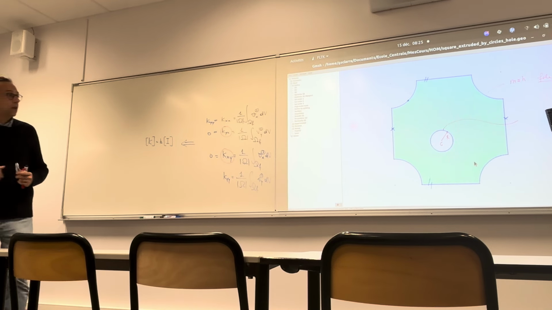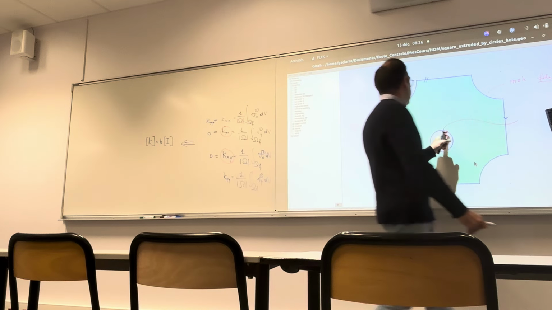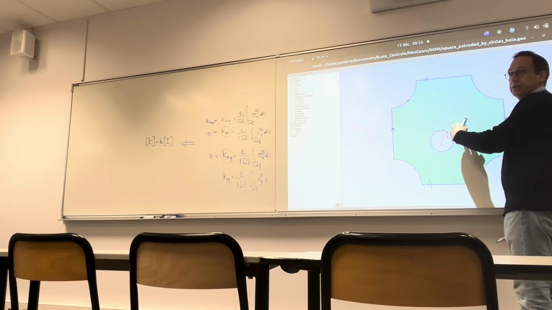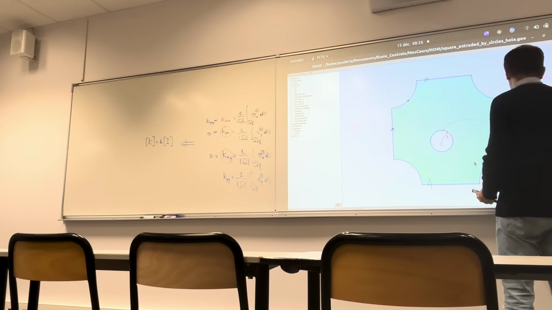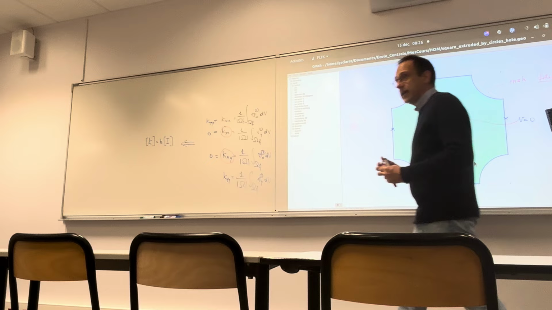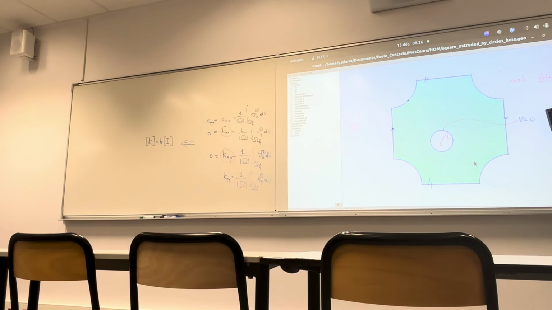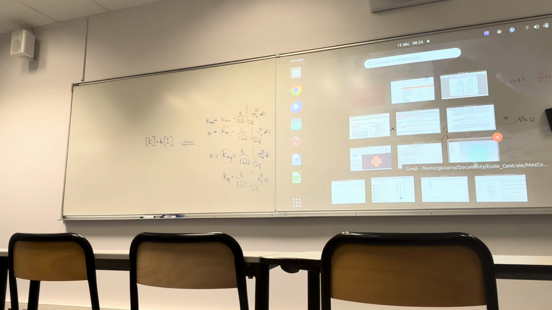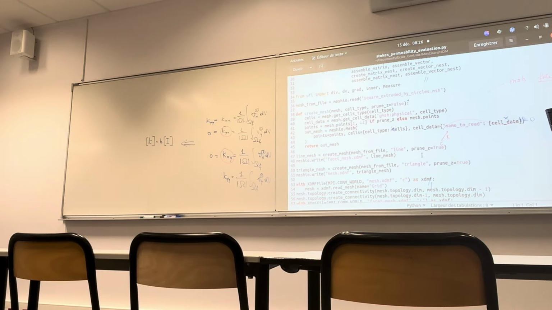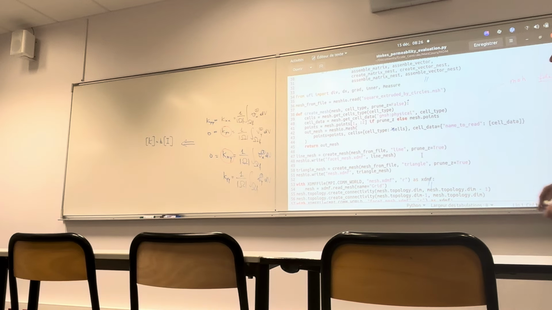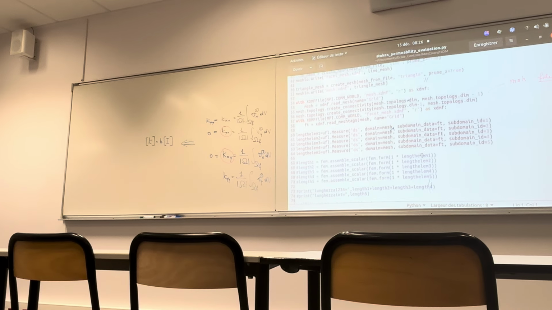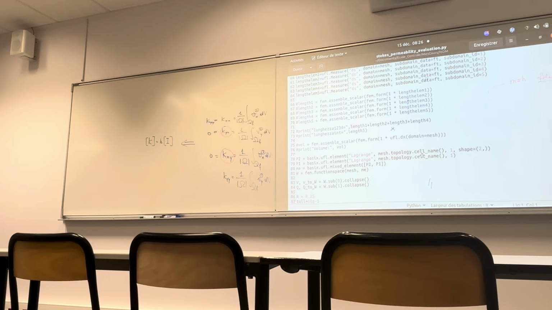So here on the boundary of this circle, what is the condition that we have to assume? Velocity equals 0. So essentially, what you have to do is to modify that part of the code where